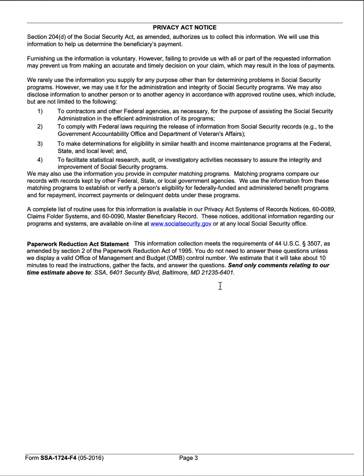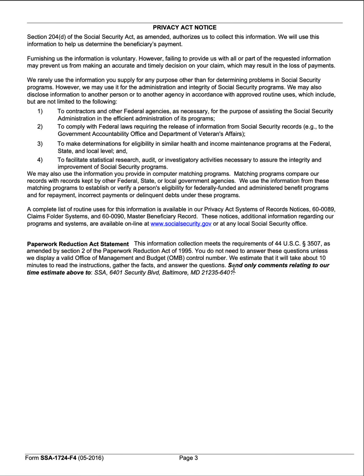Paperwork Reduction Act statement is a requirement for all federal agencies to give the person an estimate of how long it would take to read the instructions, gather facts, and answer questions. This form should take about 10 minutes to read, complete, and then